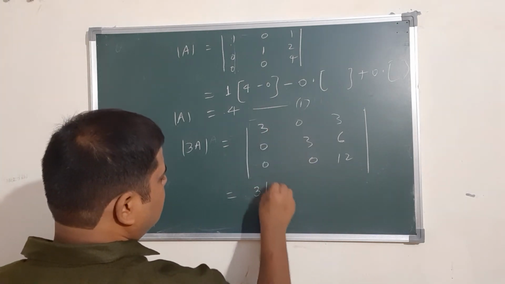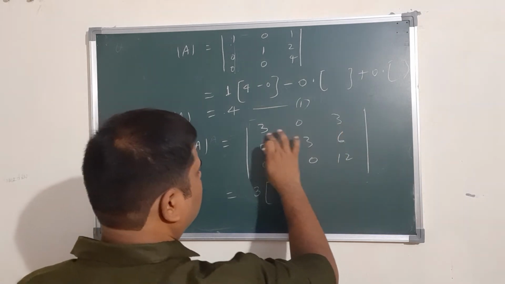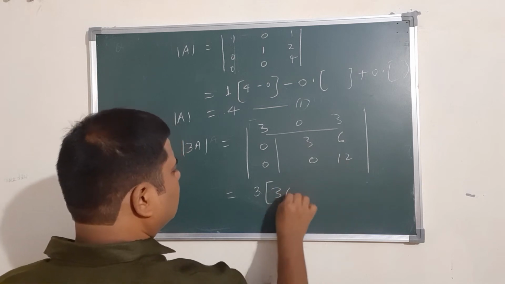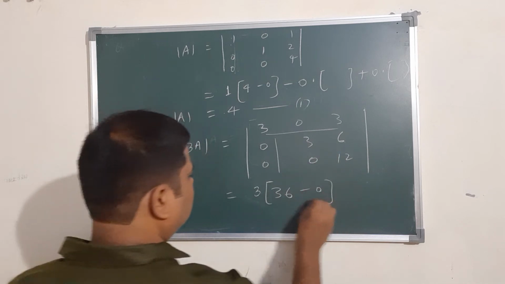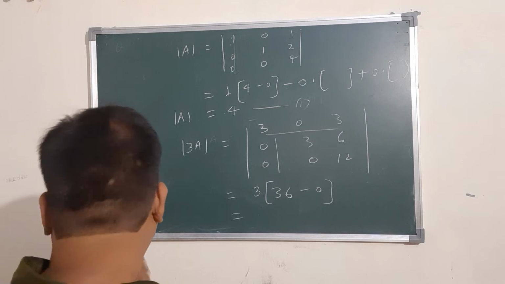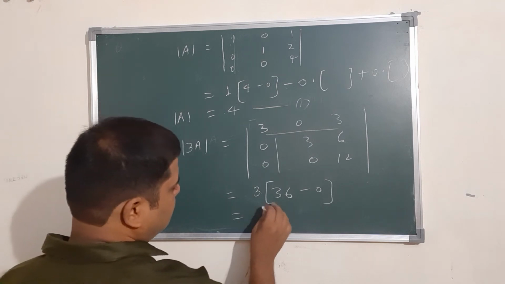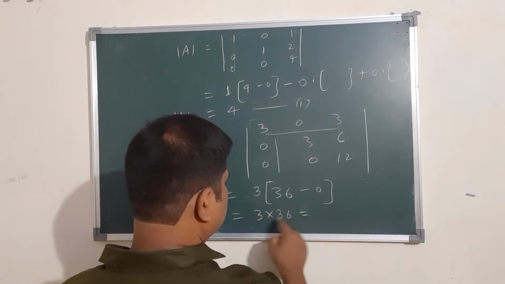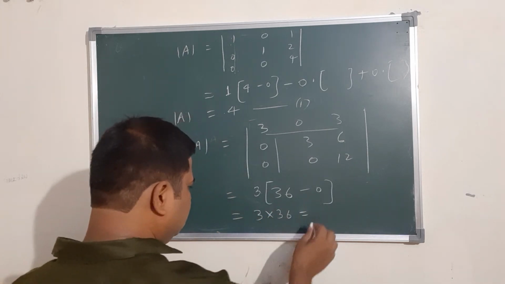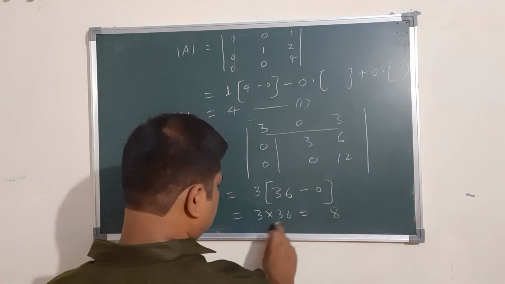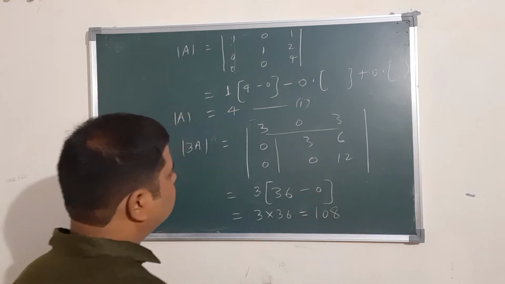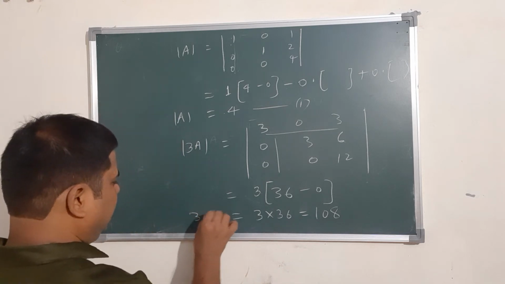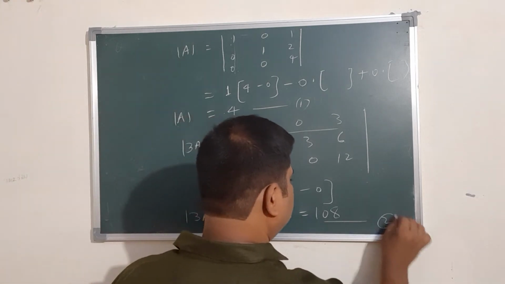So expansion is leaving this particular row or deleting this particular row and column, you will get 12 3s are 36 minus 0. So you know very well this is 36 into 3 into 36, and this is nothing but 36, 18 1 3 3 is 9 1 0. Okay, so this is determinant of 3a is equal to this thing. This is equation number 2.